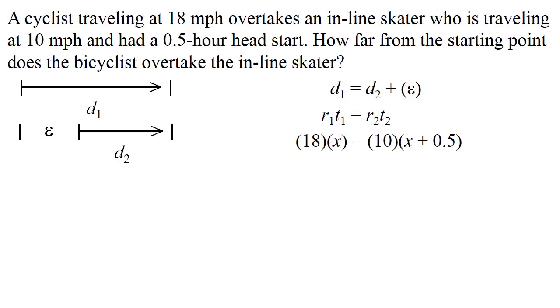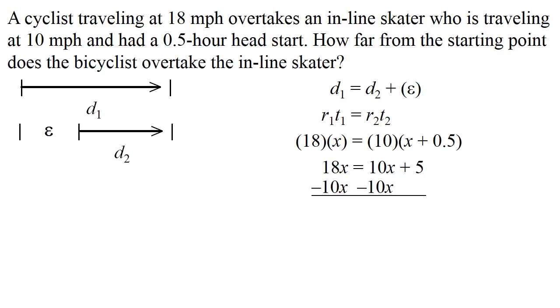We know how fast the second one's going, and we know it's going half an hour longer than the first one. So we're going to add 0.5 to x for its time. We don't want to call them both the same. That would mean they were the same amount of time. And we know the second one, the inline skater, was going for a little bit longer time. So now we're going to solve this equation, distribute 10 times x, 10 times 0.5,